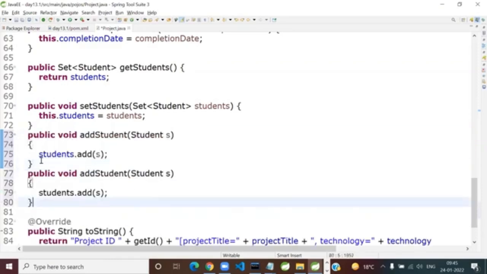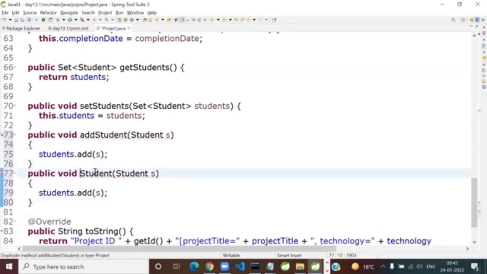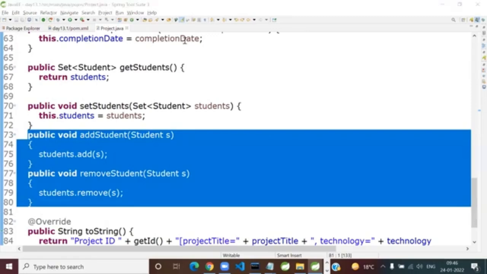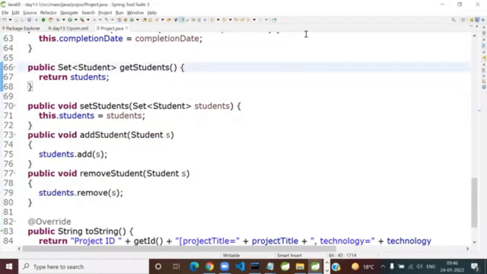And similarly, you can add a remove student. And here, set has a method remove. I just added these two after I shared the code with you. So sending you this code. Following or not following? Understanding it? It's a unidirectional association, so easy to map. There is no other side where I have mappedBy, no reverse linking, nothing. Simpler.